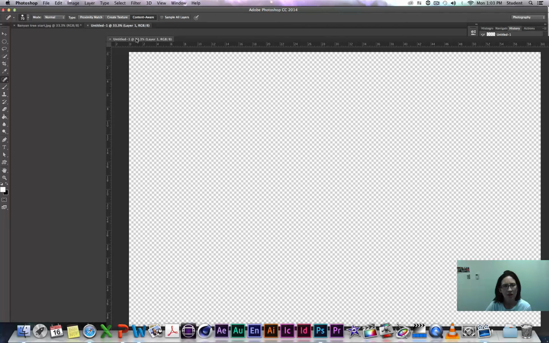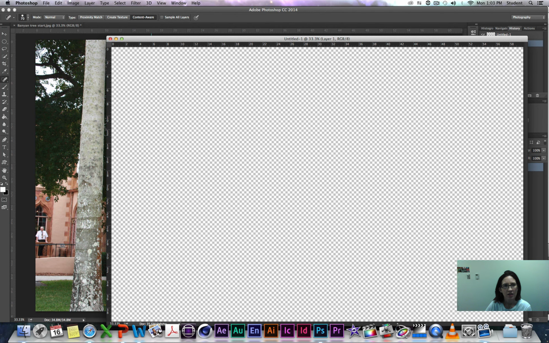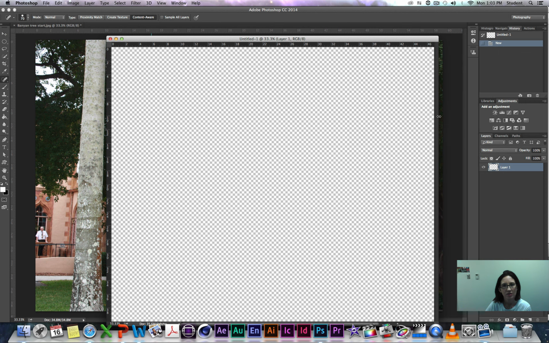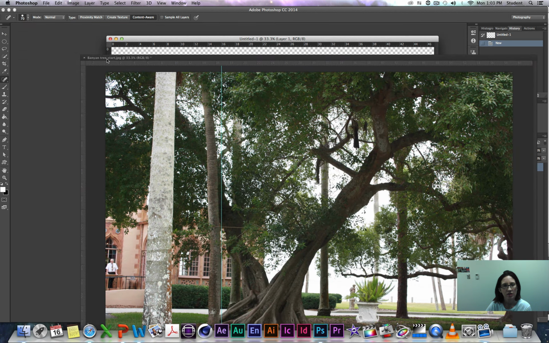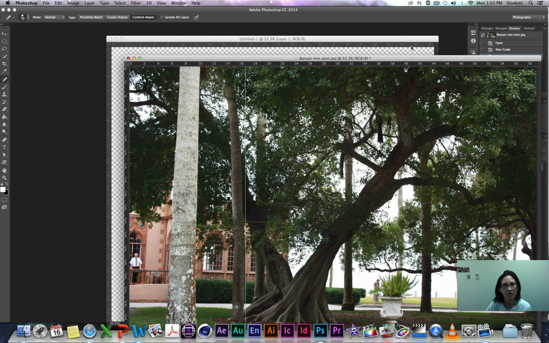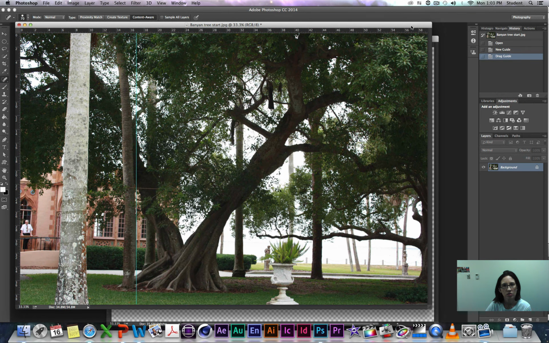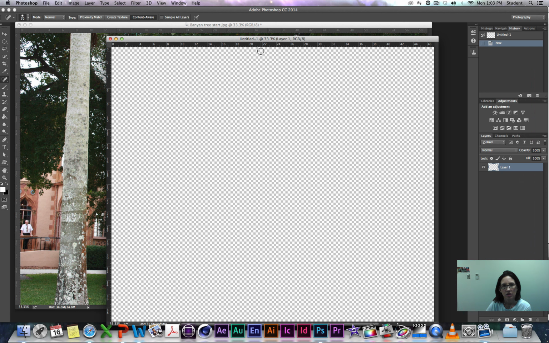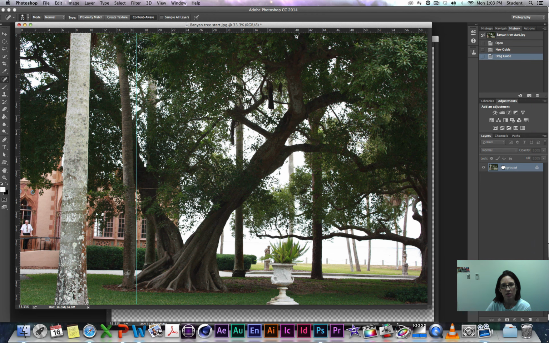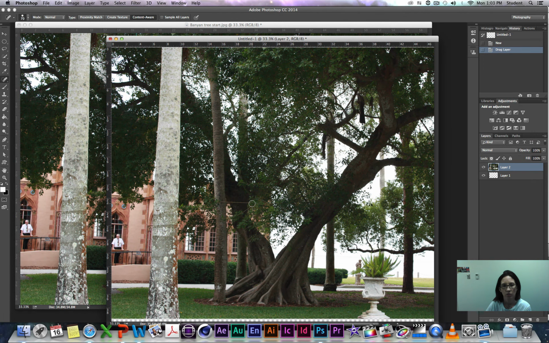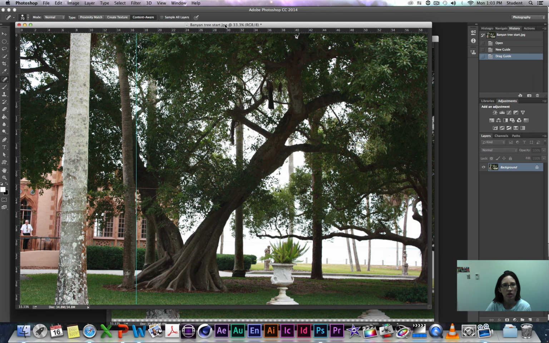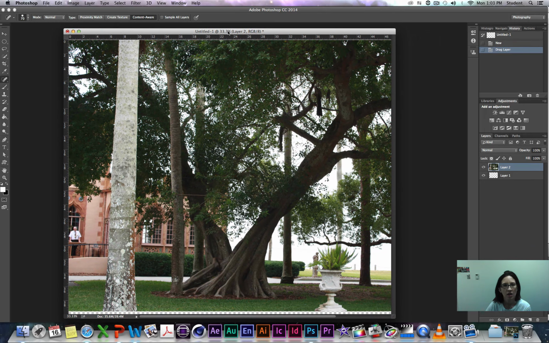And just kind of pull this down. And then we're going to grab this and drop it in, and see if this works for me, because sometimes it works, sometimes it doesn't. It didn't work for me this time. So what we'll do is click over here, grab this, and drop it in. And it worked. Okay, so this one back here should be the JPEG. You can then just minimize that. And now we have our